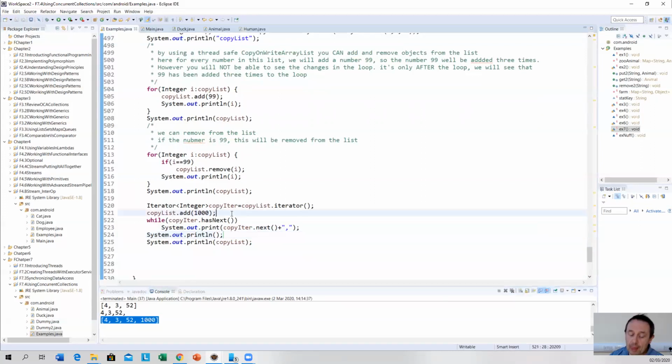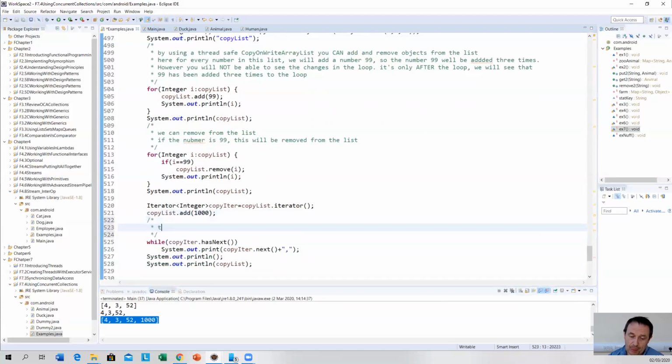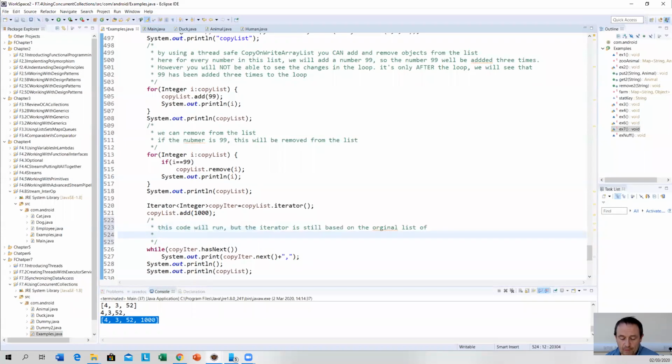So this code will run, but this iterator is still based on the original list of 4, 3, 52,